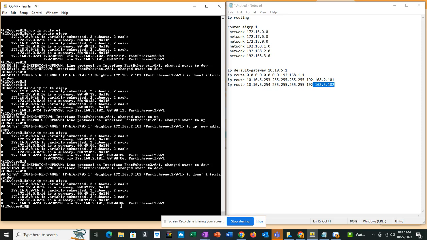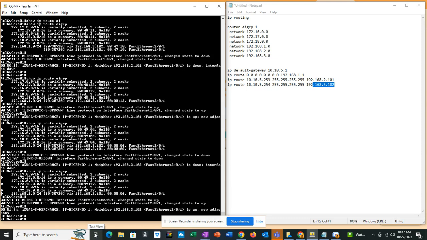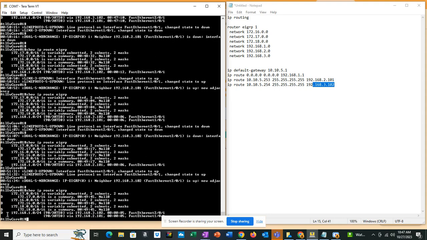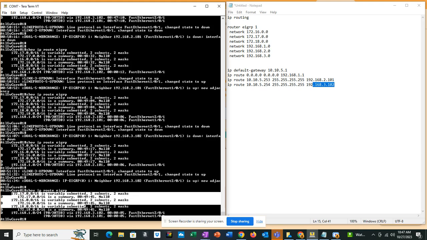Let's place that connection back. State is changed to up. And now as you can see, we have both of those routes available. The same thing would happen in this case as well. If these routes become unavailable, you will not see them listed in your route. So anytime you're wondering like, why is my traffic